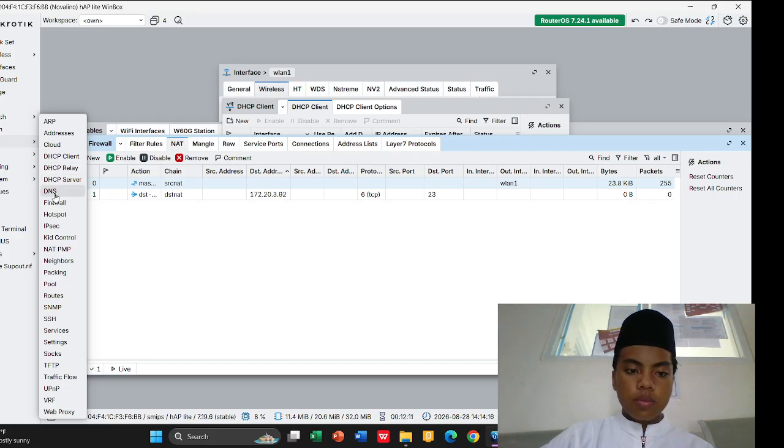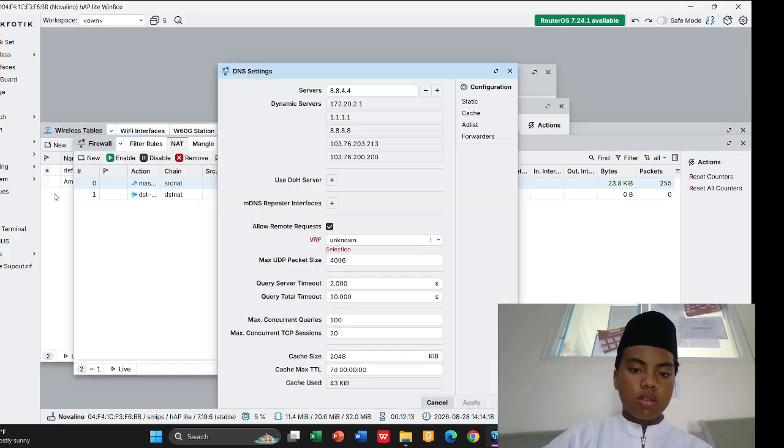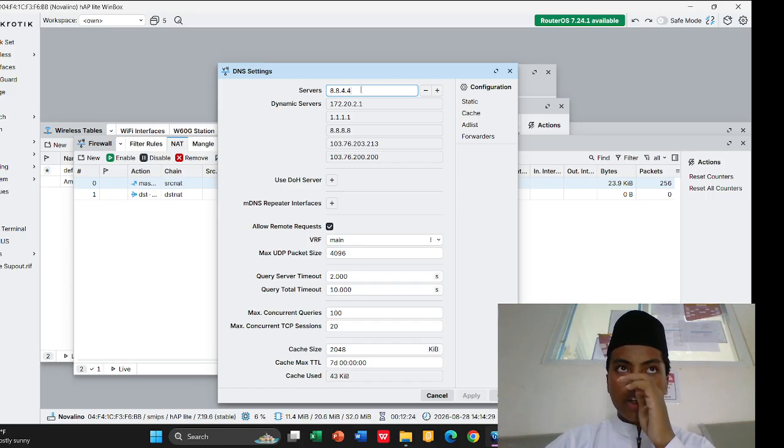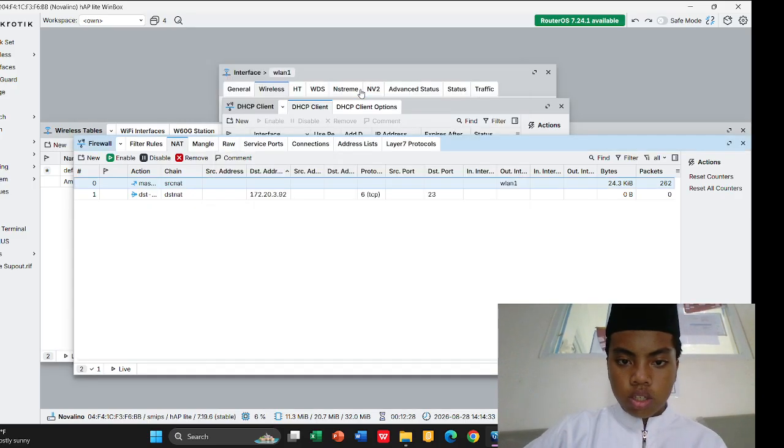And then for the last step, that is DNS configuration. So this DNS is for translating a domain name through Wi-Fi, and then